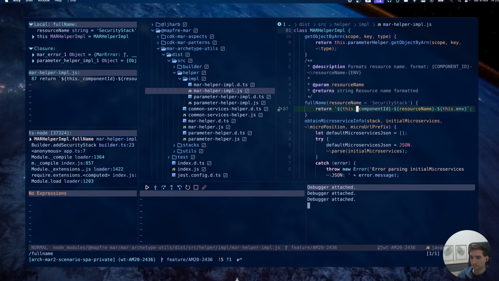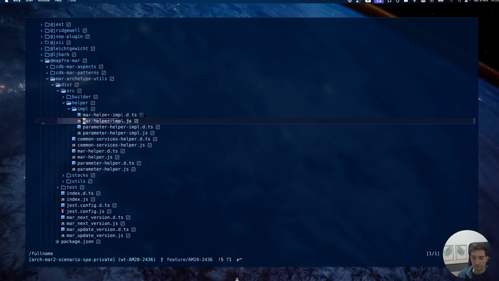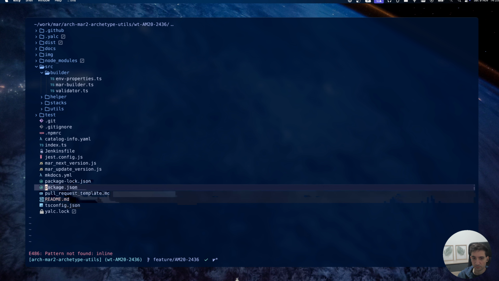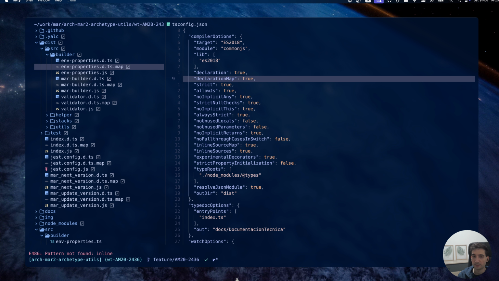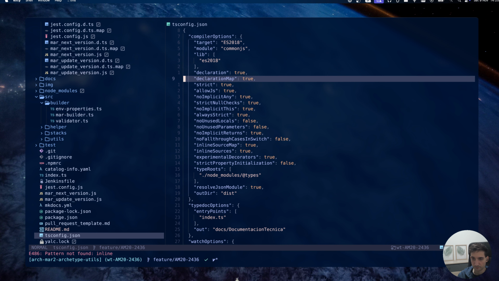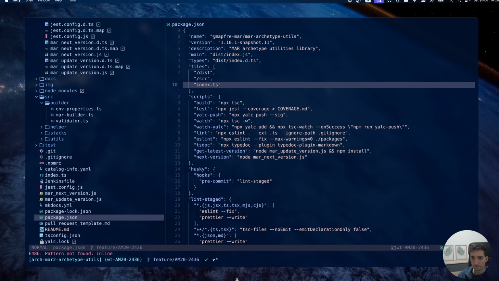Then, can we do better? So yes, we can do better. How? Well, what we first have to do is include the source code inside the library. Then of course we need to have access to this library. In this case I have access to this library, and the change I made was to first set declarationMap to true. So when it is compiled, it generates a map for the declaration file too. And as we were already using inline source maps, the source maps were generating okay for the JavaScript file. Then we also need to include the source folder and the index.ts